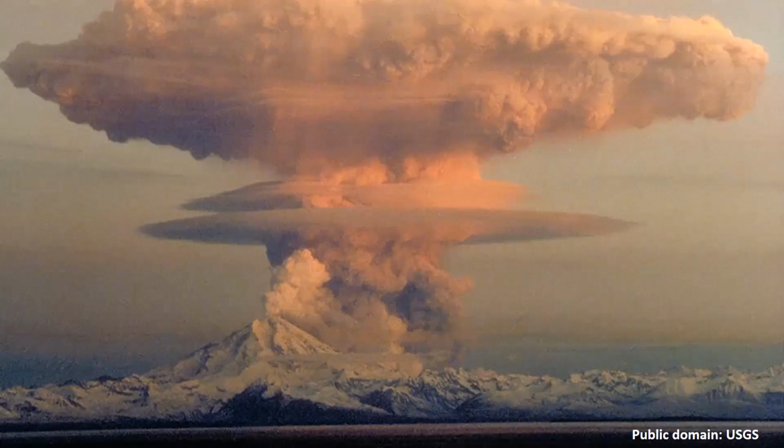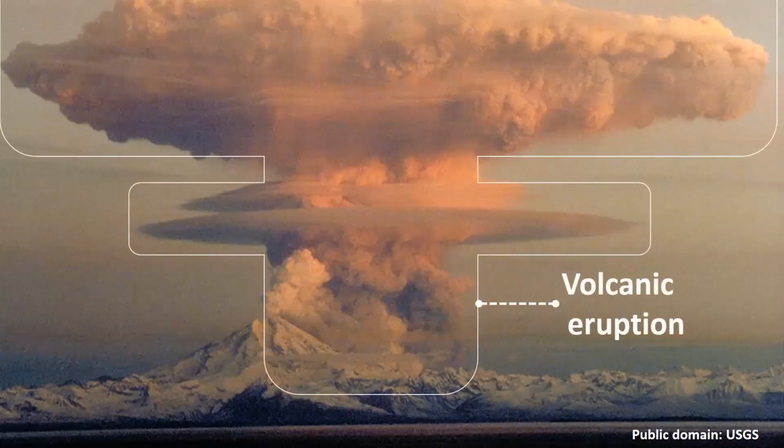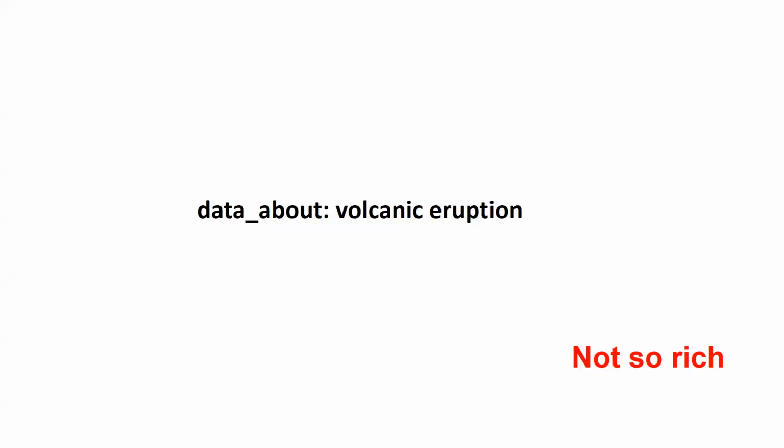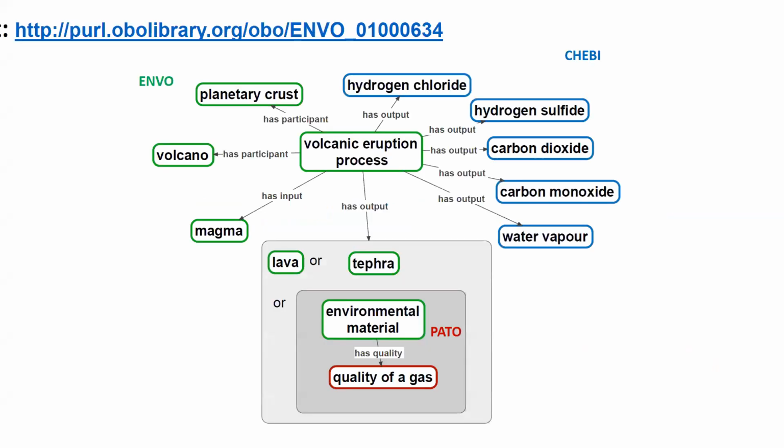so that it can be tested. So that means when you see something like a volcanic eruption, we take that string of what the thing is in the environment, which isn't so rich, connect it to an IRI, hops over to the web, and a machine will see a little graph about what's in there. So terms from Envo, which interoperate with terms from a chemical ontology called ChEBI, so we know what the process has as output, and also with other ontologies like PATO for qualities and properties, to then express to a machine what kind of outputs it could have logically. And then you can come to some cool queries. That's where the importance of interoperability comes in, and that's why the harmonization is so important.